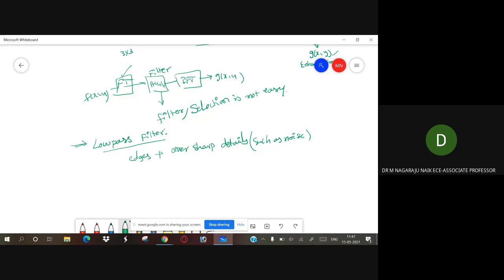So the low pass filters are used to attenuate the edges and other sharp details.